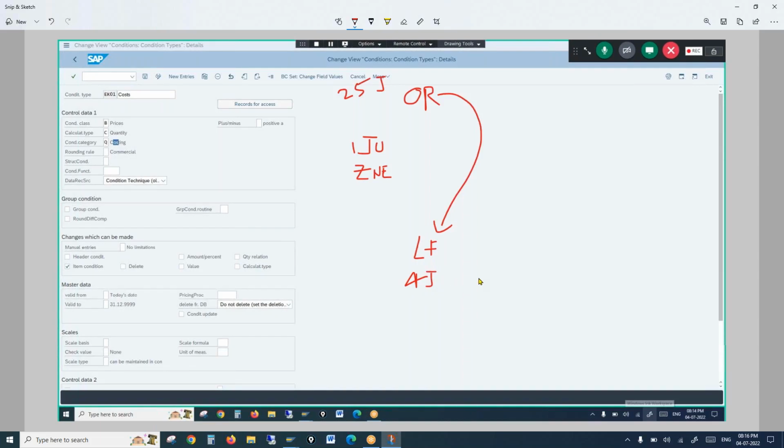Now, the customer says that for any delivery or any order you create from July 1st, this new discount has to be proposed. Okay. For whatever order you create from 1st July, it has to be proposed. At the same time, for orders created prior to July 1st, if you are processing a delivery today, even for that